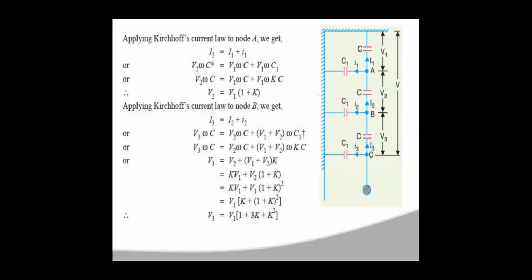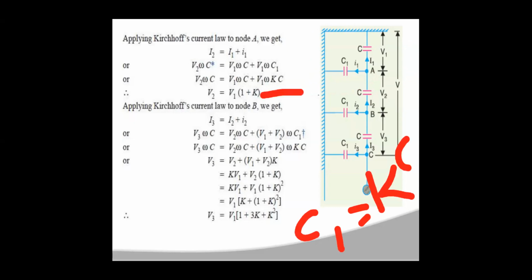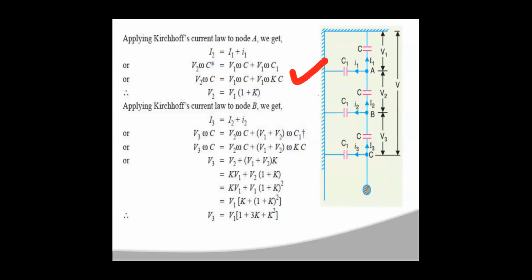Regarding the shunt capacitance, if you observe this voltage, this voltage is nothing but this voltage. From here to here you have the ground. This point is connected to this point only. So if you observe the voltage between this point A and the ground, it is the same as V1. So small i1 can be written as V1 into omega C1. As I said before, this C1 is some k times the C, so in place of C1 we write kC.